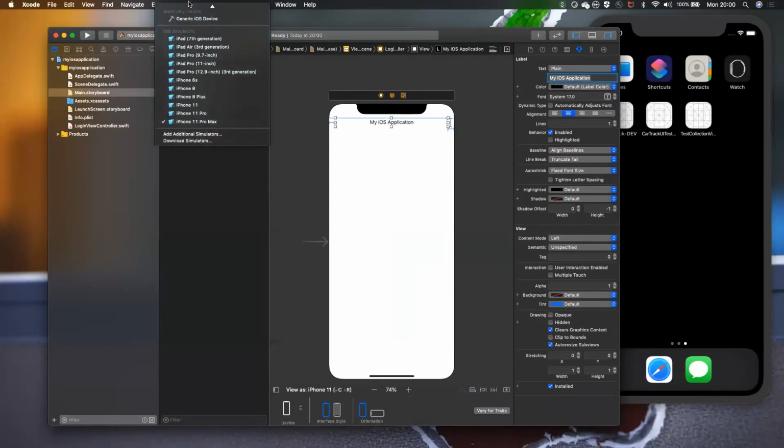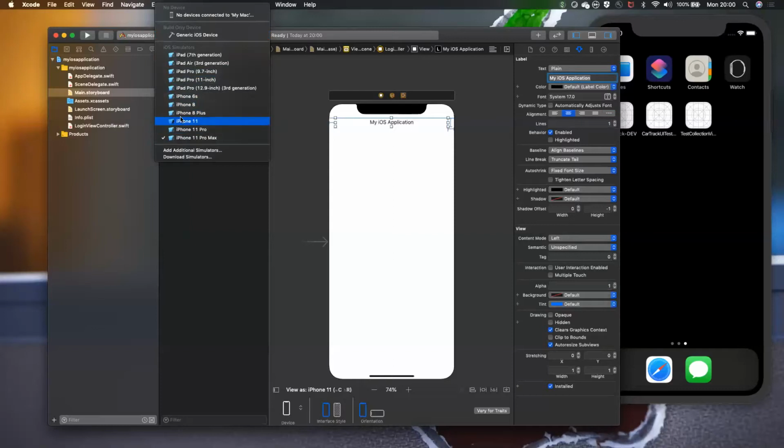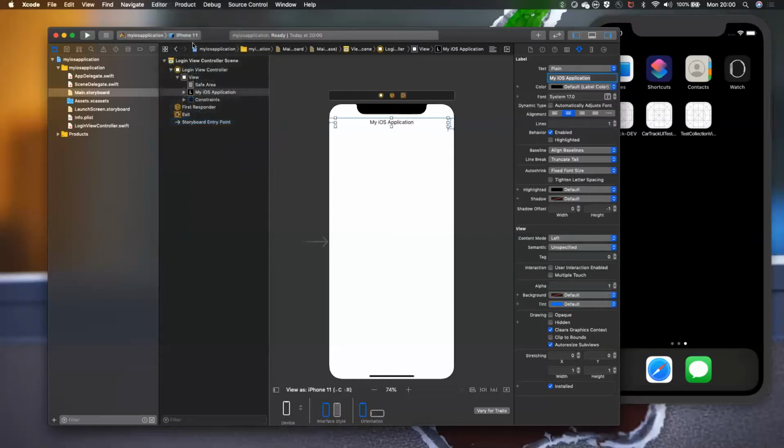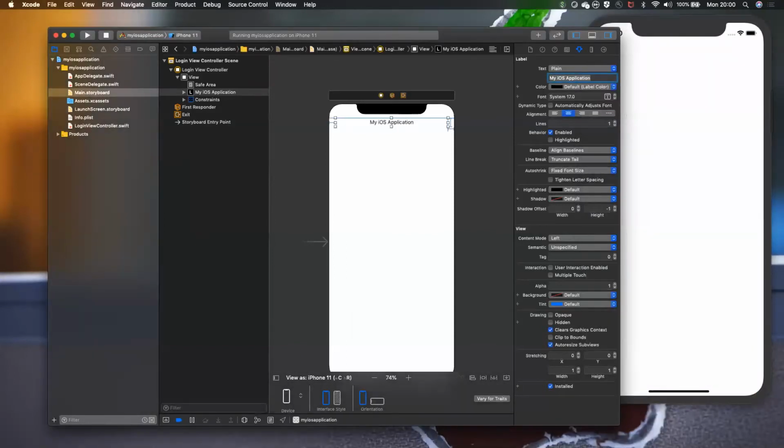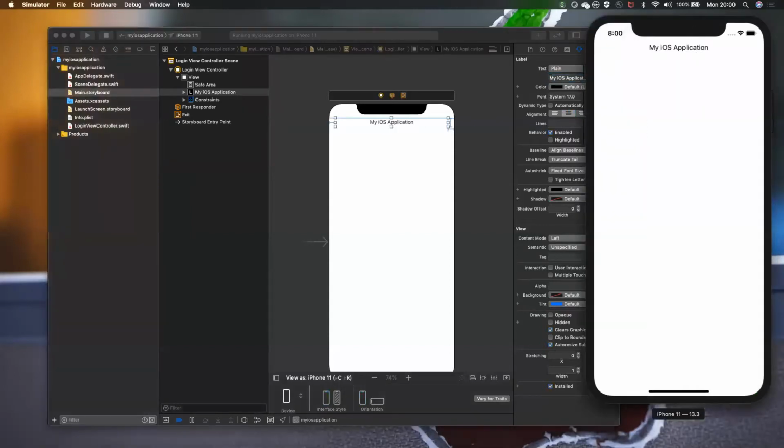You can select which device you want to run it in here. I am selecting iPhone 11, and I click on run. The project is building. Yep, you can see my iOS application. So it is visible on the screen.